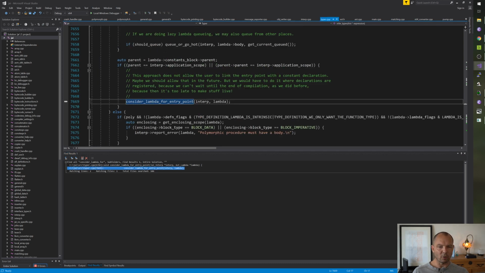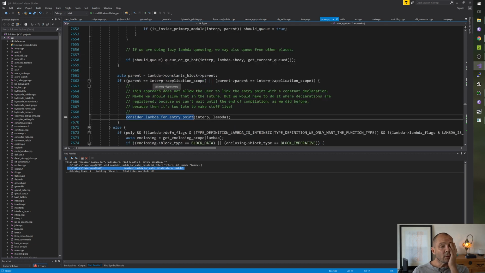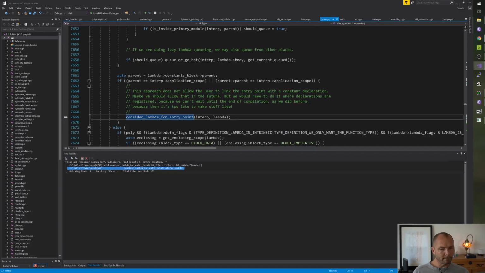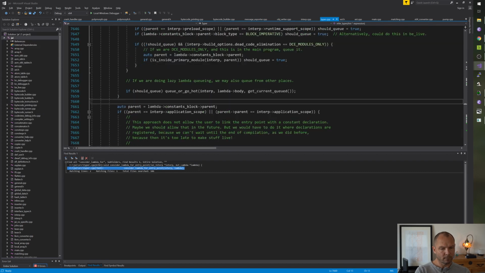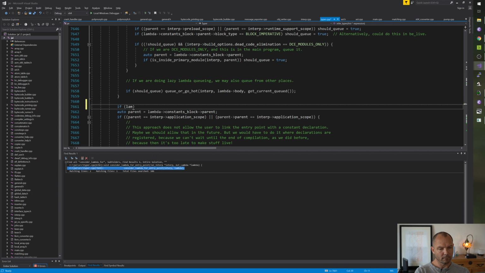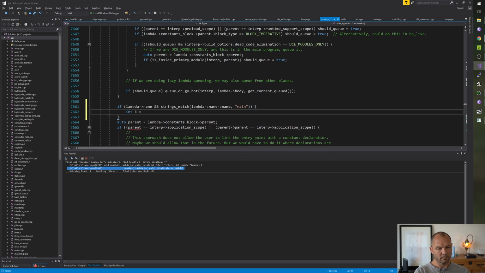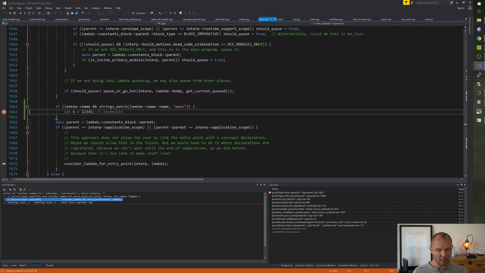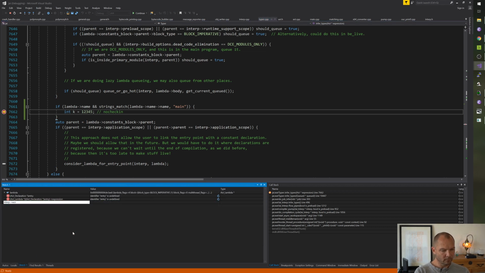Okay, this is probably going wrong right here. So yeah, it is a scope thing probably. Workspace 2.